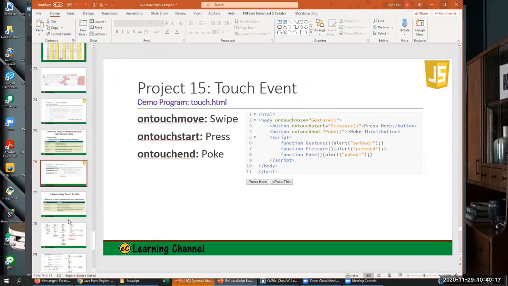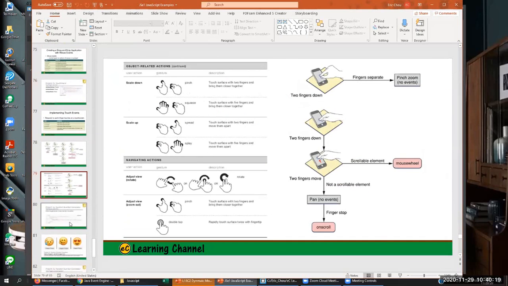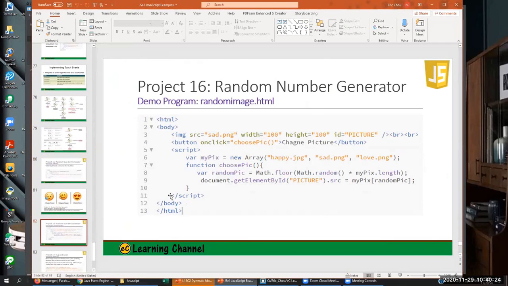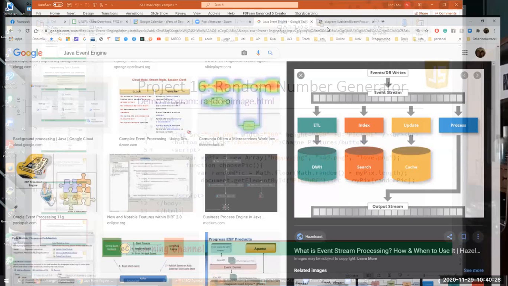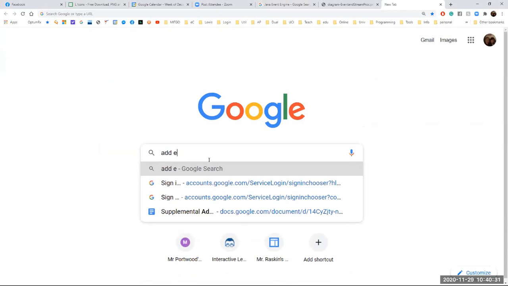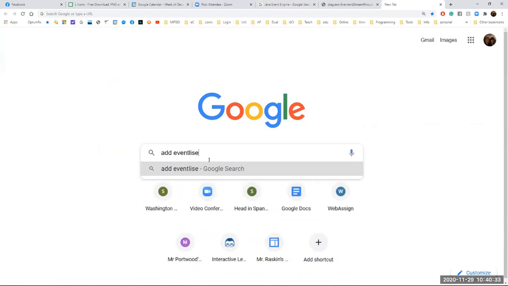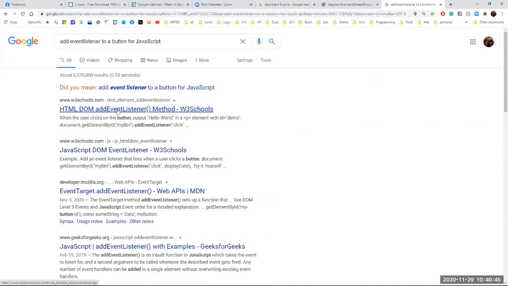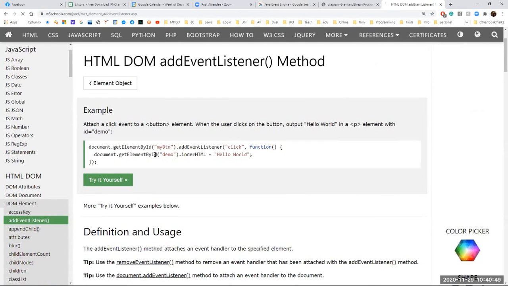Let me try to find some event that has the... Okay, let me try add event listener to a button. Okay, so add event listener to a button. Let's see. So here,